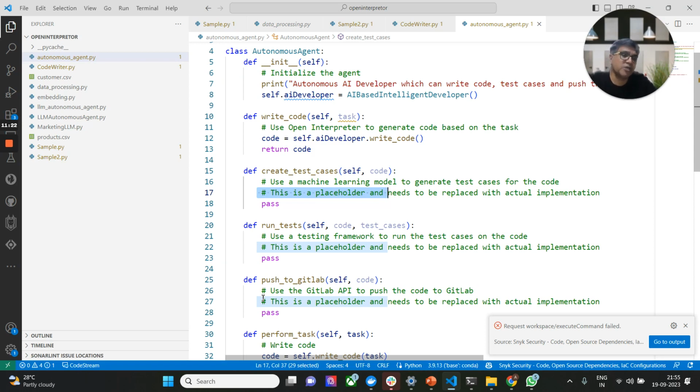Where I'm going with this is that the LLM does a lot of things differently in terms of what we were supposed to do to write code and eventually go ahead and deploy. It helps in terms of automation, and autonomous agents really play a major role. Now with that, I will stop my presentation.